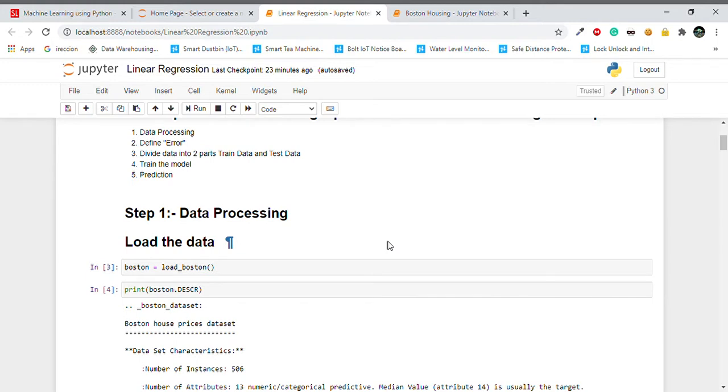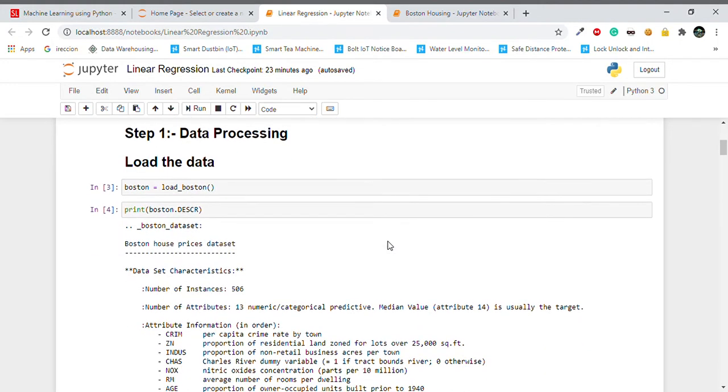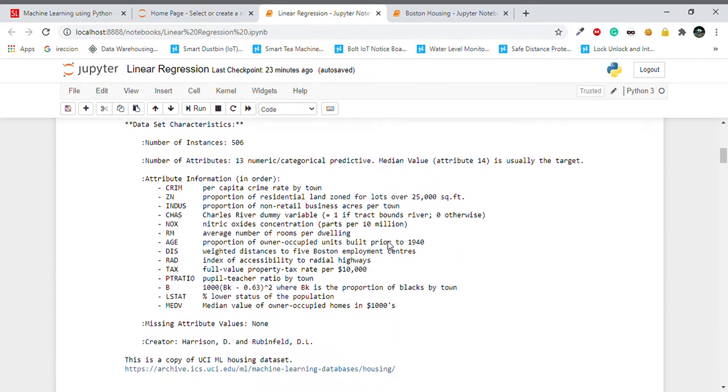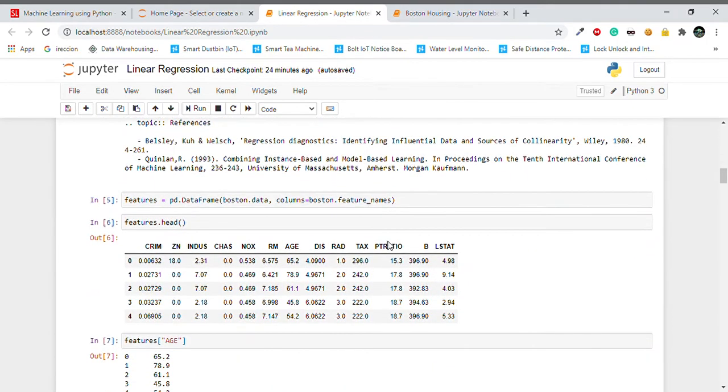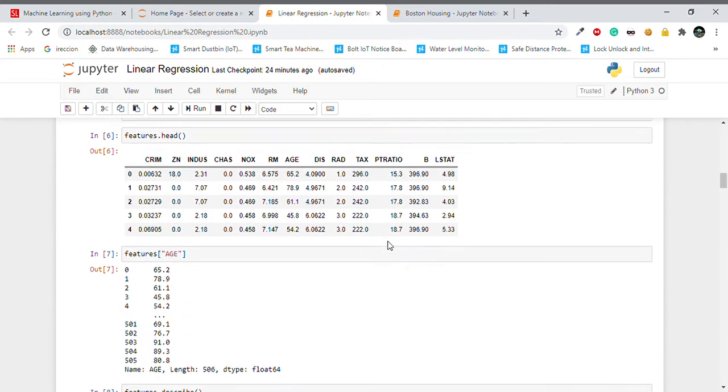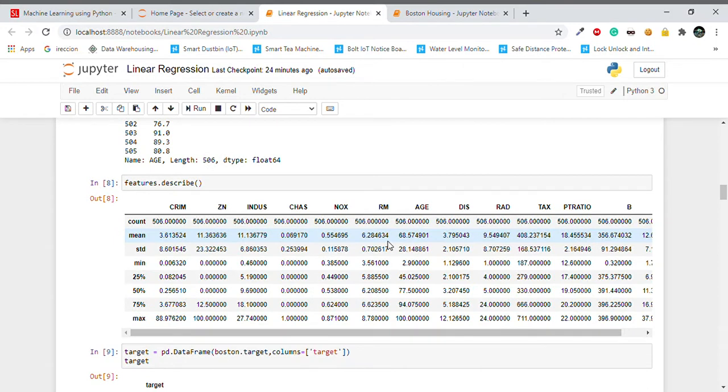For data processing, we have to load the data, and for loading the data, we use the load_boston function. Then we can use the description, which provides all the information about our data set. We can use features.head to print the top five values from our data set. We can use features.describe to get